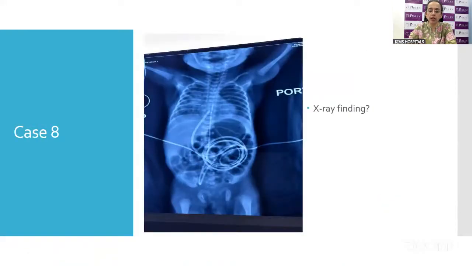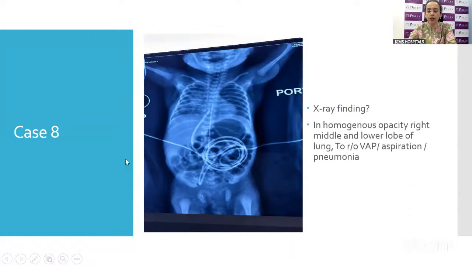So next, this is another case. In this X-ray, what we can see is an inhomogeneous opacity in the right middle and lower lobes of the lungs. So this could be a case of congenital pneumonia. So we have to evaluate and treat the same, and we also have to rule out VAP if the baby is ventilated. We have to rule out aspiration if the baby was preterm or given feeds orally very soon, and all that. And we also have to evaluate for